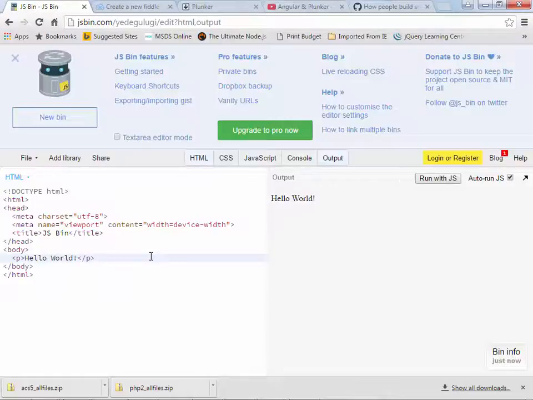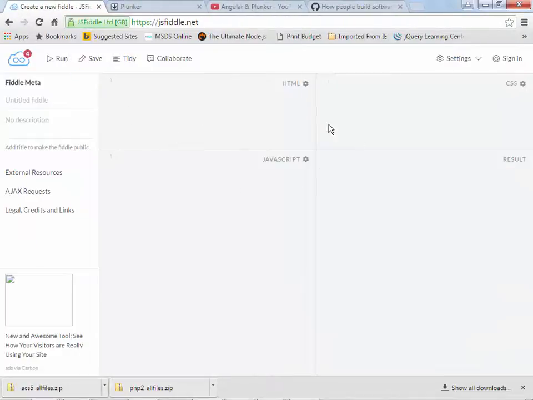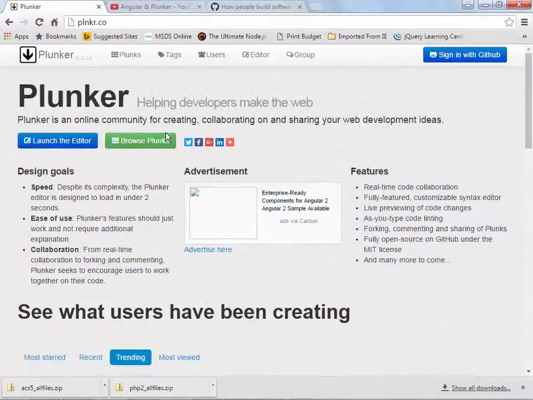Now, you may have gone through this already, but I just wanted to make sure you've seen that. JSFiddle works much the same way, and actually, so does Plunker. But Plunker is the one that's actually recommended that you use with Angular. I've even read a couple of articles on it. I'm not sure exactly why they recommend that, but they just say that it works the best with Angular. All right. So if I go out here and I launch the editor,